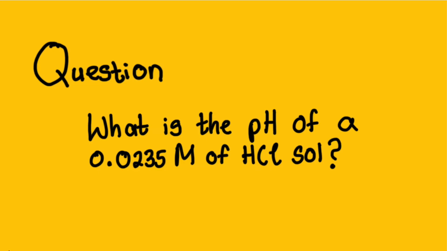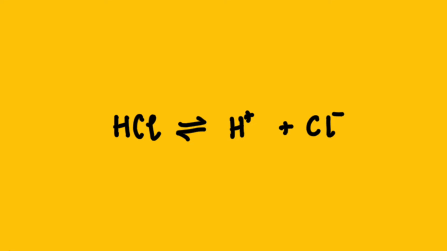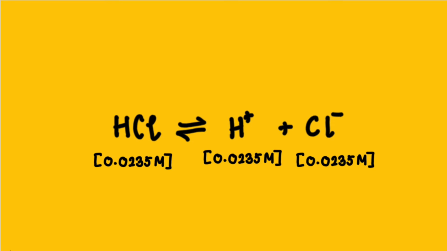Let's understand this by using an example. Consider this question. What is the pH of 0.0235 molarity of hydrochloric acid solution? Now, if you recall your chemistry, you know that hydrochloric acid, which is HCl, is a strong acid and therefore will dissociate completely. So in this case, 0.0235 molarity of hydrochloric acid would give you equal amounts of H plus and Cl minus, meaning the concentration of H plus that we would get is